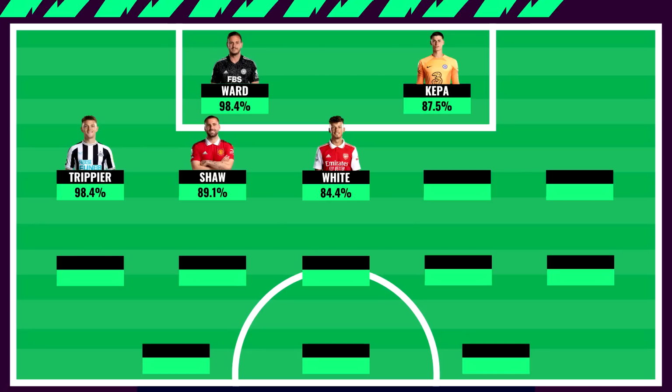So now going on to the next 2 options, and these are kind of the rotation piece options. We've got Botman and then Nathan Ake. Both these options are owned by about 20% of the ELITE64, and therefore can provide some nice differentials. Now what I want to show you with Botman is that the ELITE64 isn't too big of a